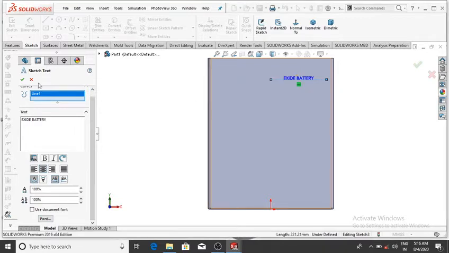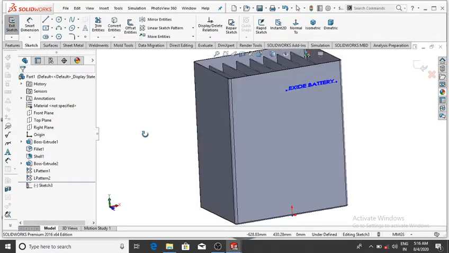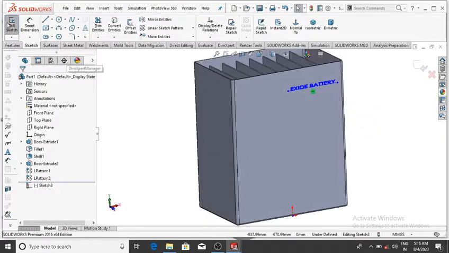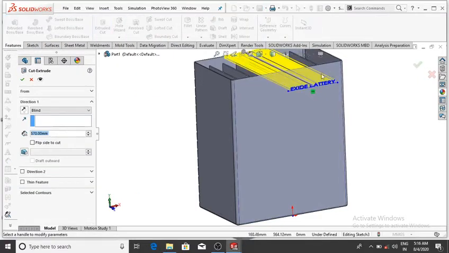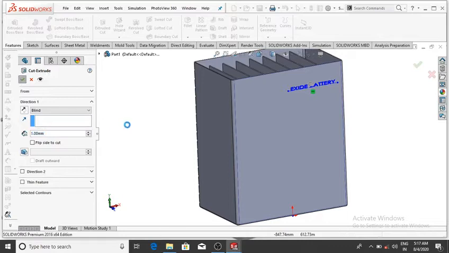Now it is good, and make the gap between this line, and then OK. And again we make the extrude cut, so go to the features and select extrude cut, and make the extrude cut up to 1 mm, so select 1 mm, then OK.